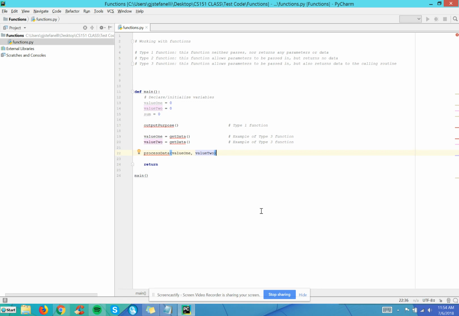So taking it from the top, in our main function, we're declaring three variables, value1, value2, and sum, and we're equating them to 0. And then we're going to execute a function called output purpose. It's a type 1 function, which we're going to write shortly, and it's going to output the purpose of the program. Then I return from the output purpose function back to the main function, execute line 19,